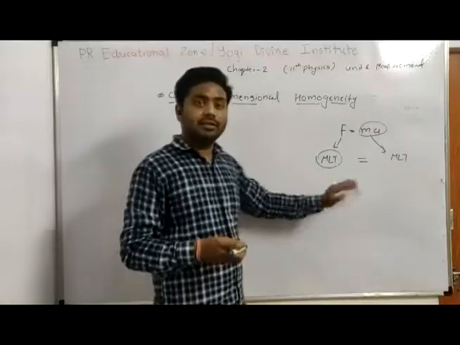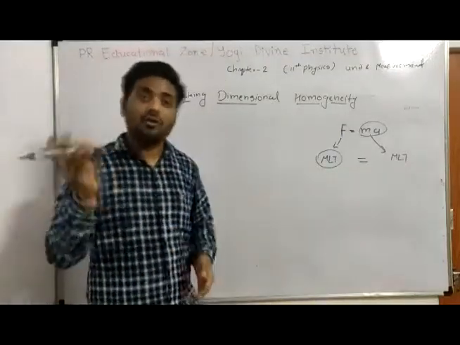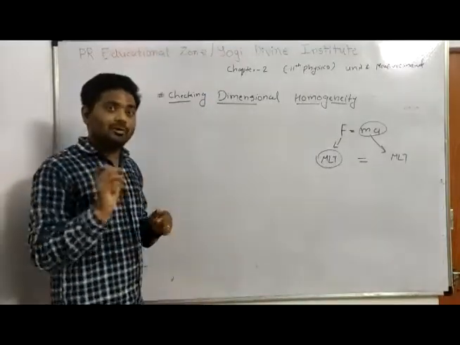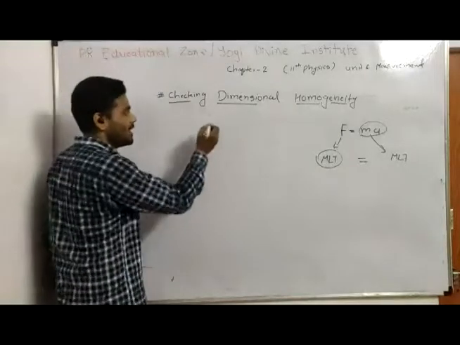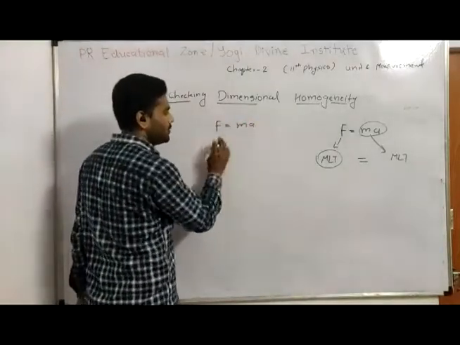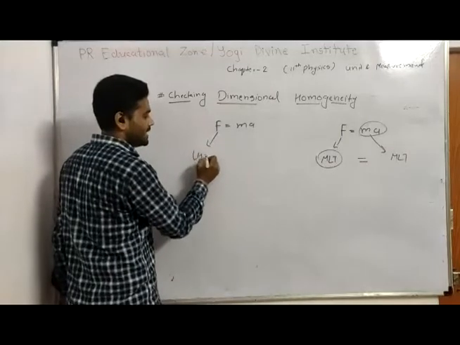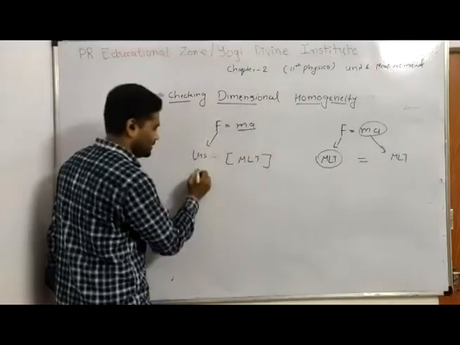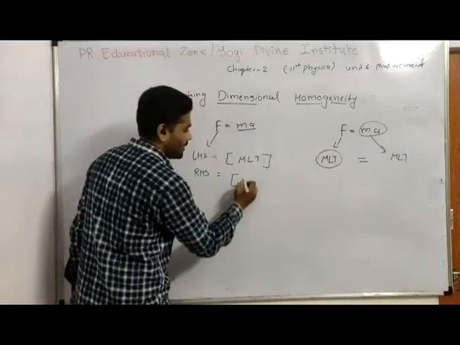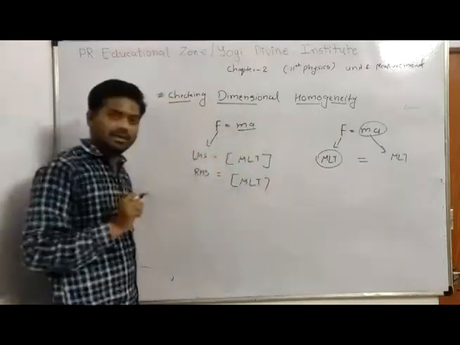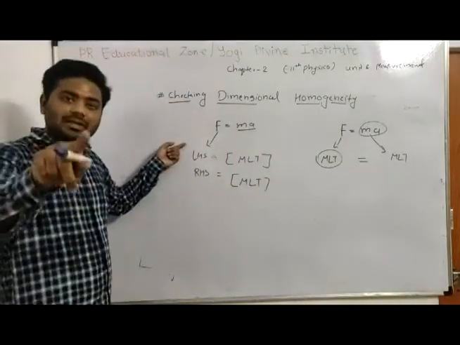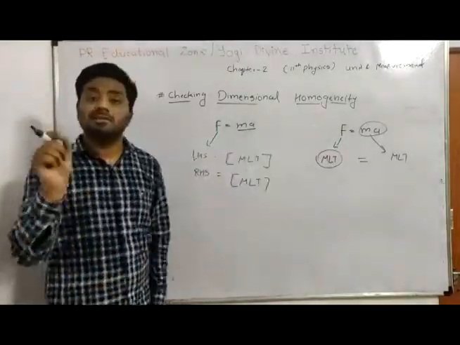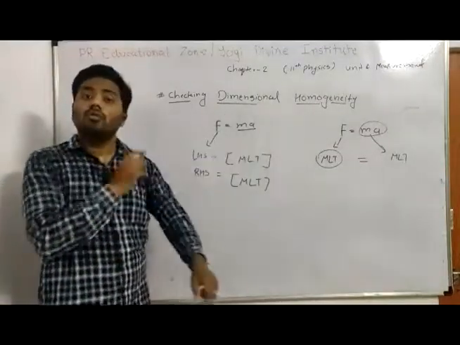Okay, so to check whether the equation is dimensionally consistent or not, we check the dimensional homogeneity for both sides. There is a method for how to check this. For example, F equal to m into a. You put the force as the left hand side and mark the MLT formula for the force, and second you take the right hand side and mark the MLT formula for both the multiplied quantities. After confirming that the LHS is equal to RHS, only then is the equation dimensionally consistent or dimensionally homogeneous.